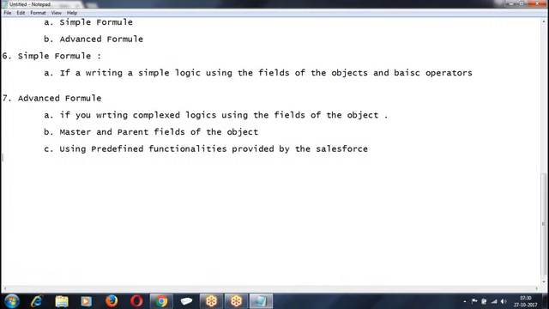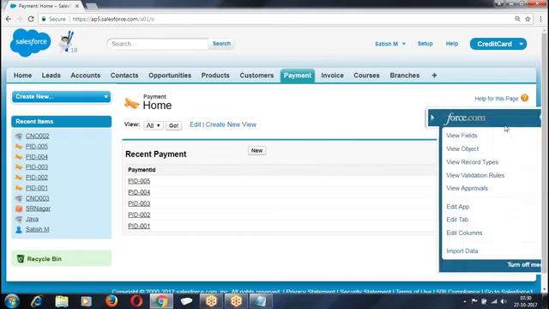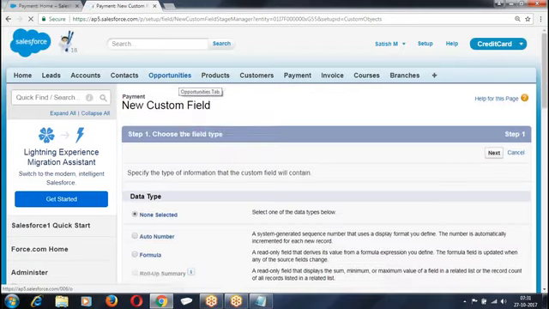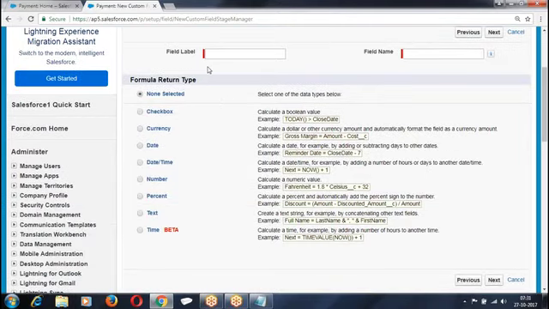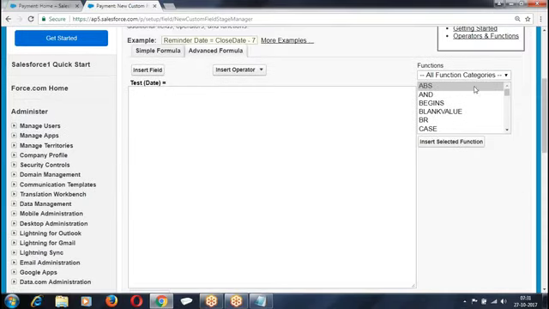So what are the predefined functionalities that Salesforce has given you? First, we'll start with the date. If you look at date and time, there are simple and advanced functions.